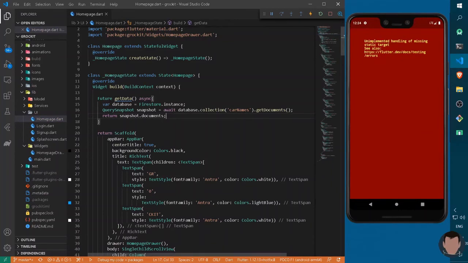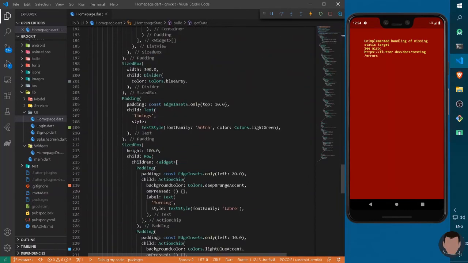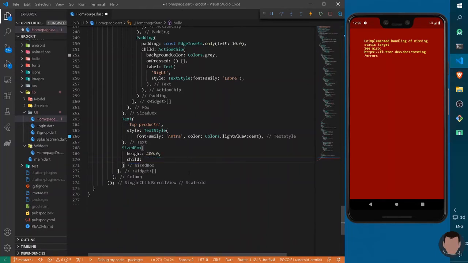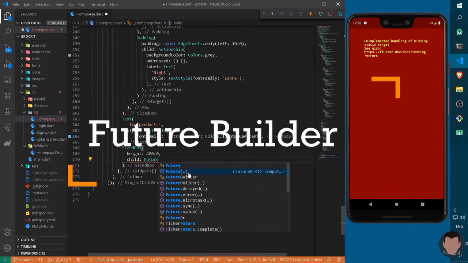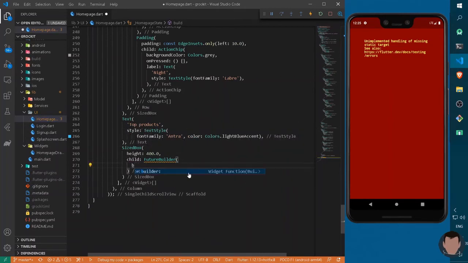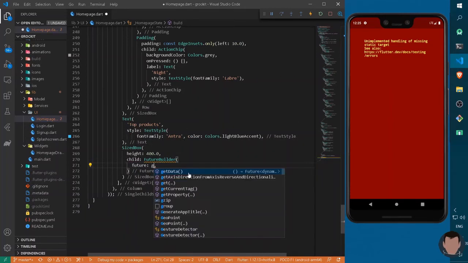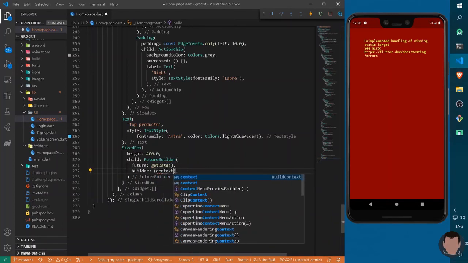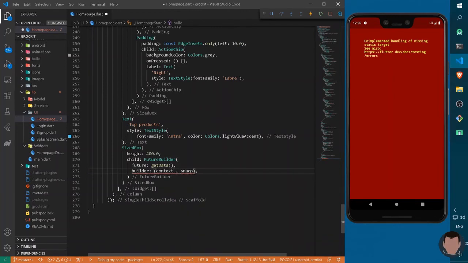Now it will throw an error, but no worries, I can just copy it from here into our GridView dot builder. Before GridView builder we have to arrange a FutureBuilder here, so I can write a FutureBuilder as we have initiated a future widget, so it will take a future, which will be our getData, and similarly a builder, which will take a context as well as snapshot.